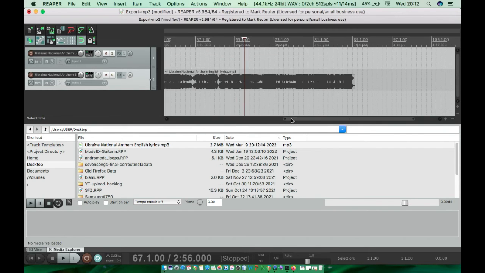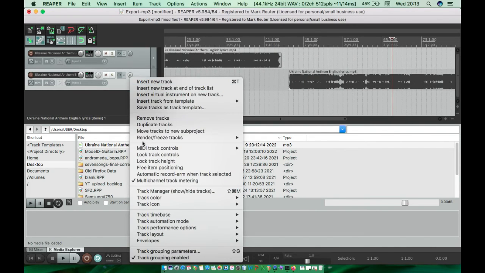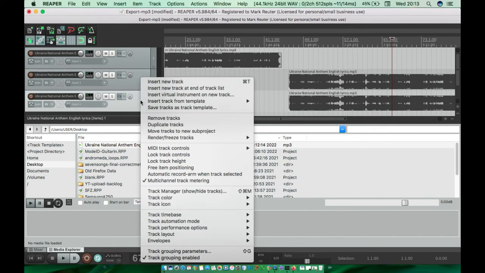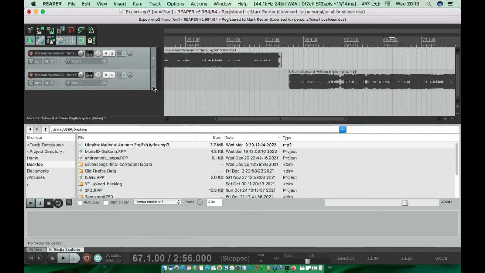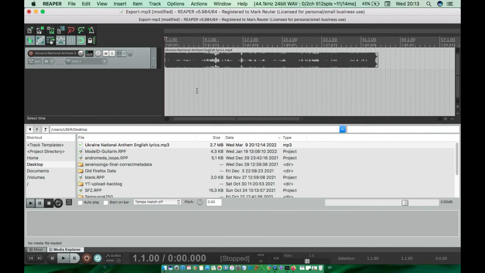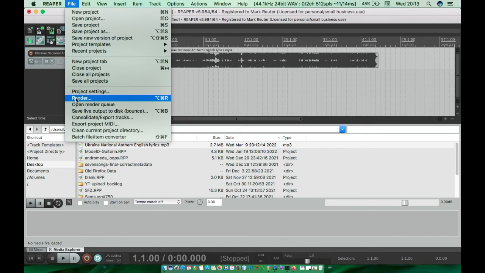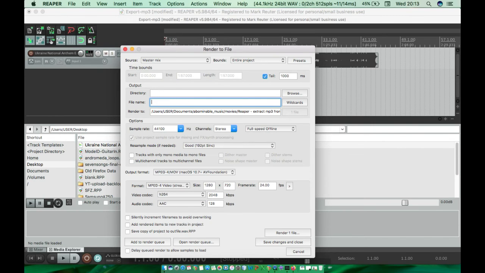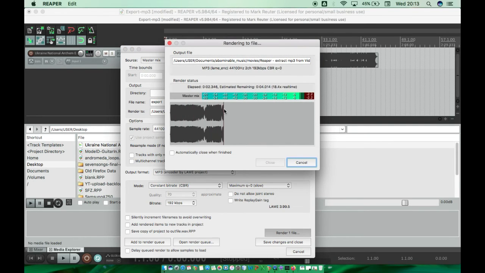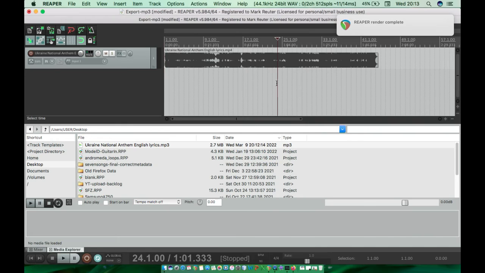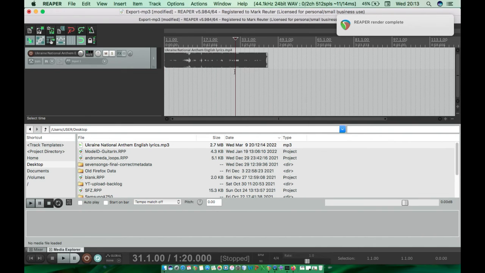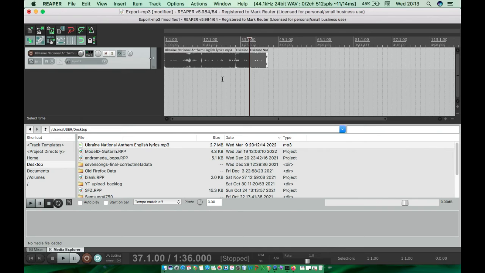Let's just show you. Remove track, we don't need that. What am I doing? Remove tracks. The other way you could do it is you could go to File, Render. Let's just call that Export, Master Mix, entire project as an mp3, and this would also work. There we go, a little preview. This is the more sophisticated way to do it, but the nice thing with the item converter is